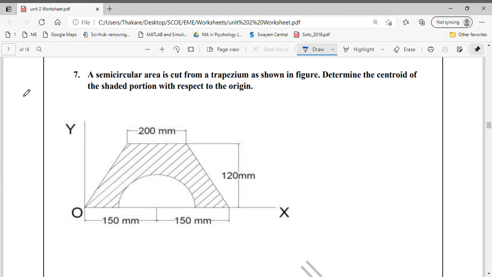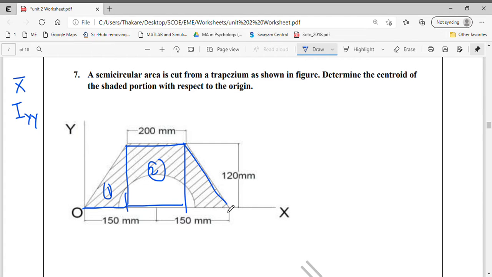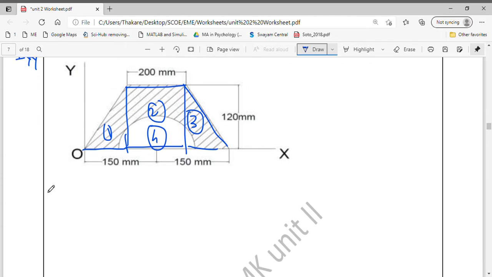to determine its x bar, and vertical centroidal axis के about moment of inertia निकालना है, मतलब we have to determine I y y. Okay, again last time हमने इसको जैसे break किया था. This is your section 1. The rectangular part will be our section 2 and third triangular will be our section 3 and the semicircular part will be our section 4.